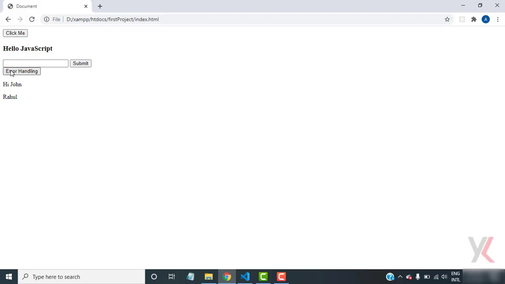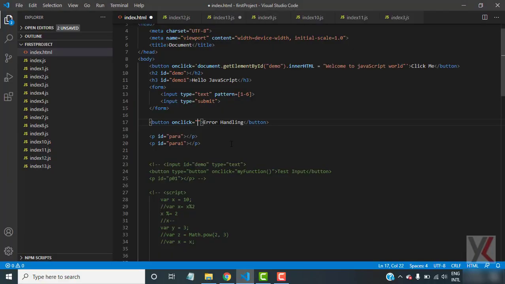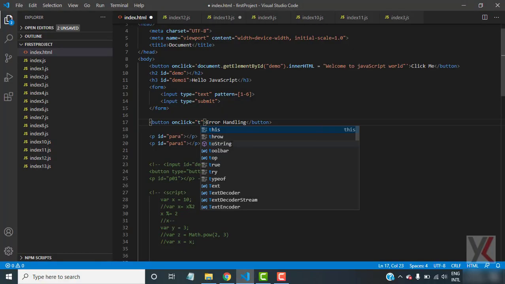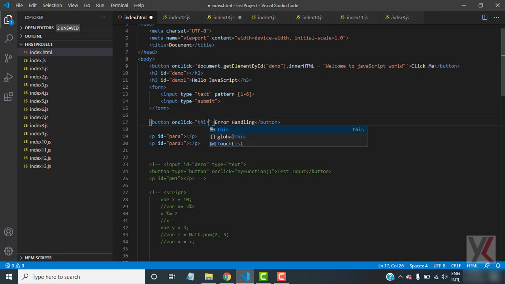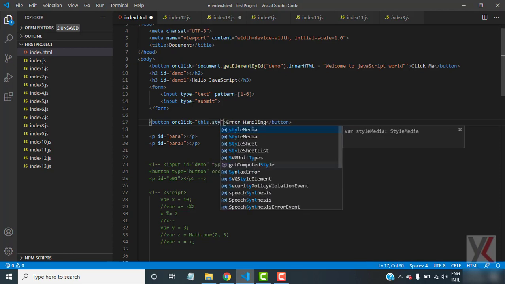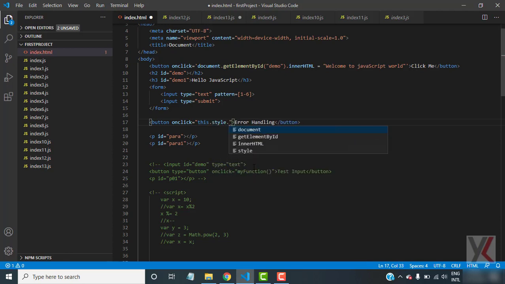So I want to change the color of this text over here. So what we will do is, suppose we'll use this over here. Suppose here is a button, and we want to change the color of the button. This.style.color